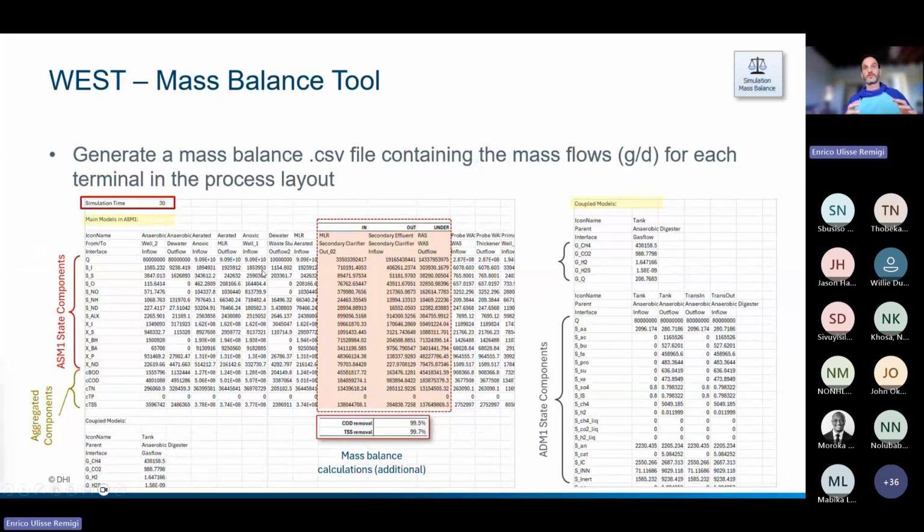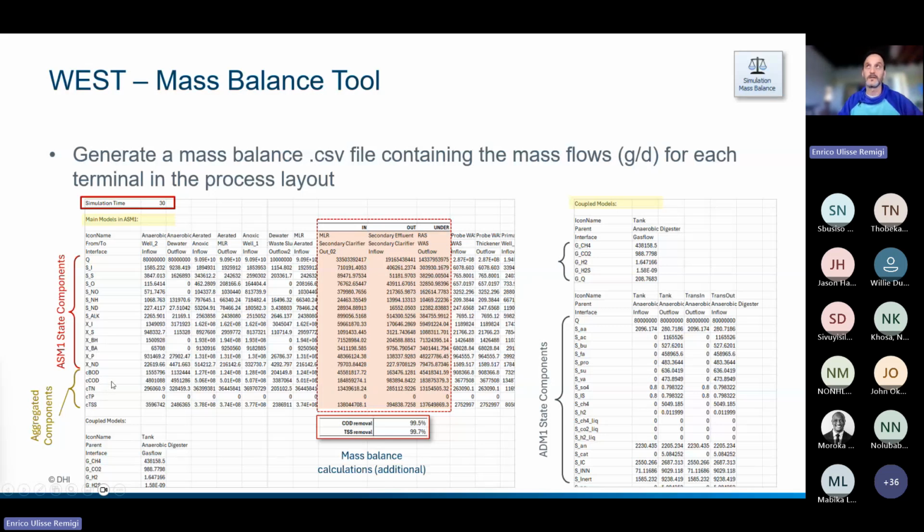It also represents different state vectors, different main process categories in your model. This is the same one for the waterline, for instance. And in this layout, there was an anaerobic digester, so ADM1 state components. So you have both, and you have the state components here, and what we've added